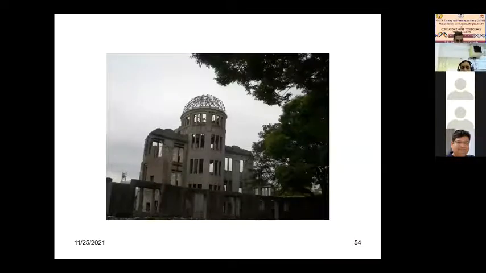And this is a structure from Hiroshima city. It is still as such, and this is the only remnant left after the bomb blast on August 9 at Hiroshima. The rest of the city was razed to the ground, and lakhs of people died in that severe devastation that happened in August 1945.